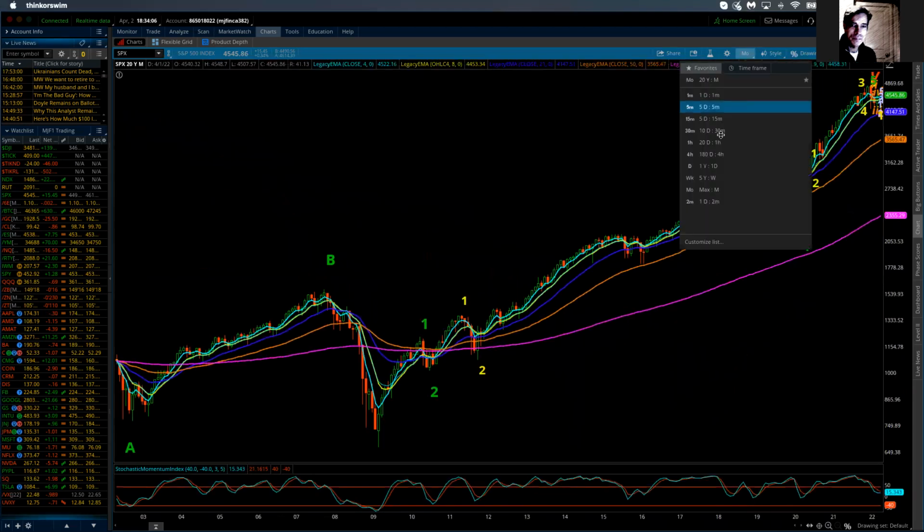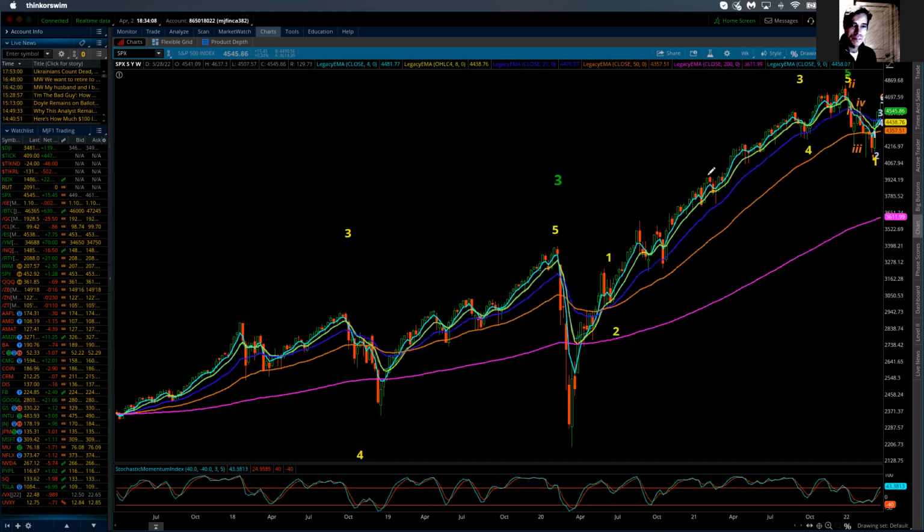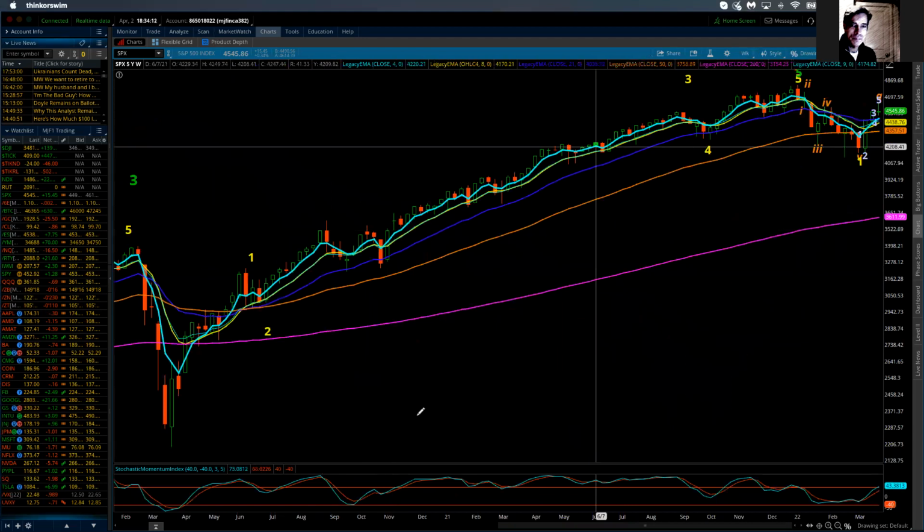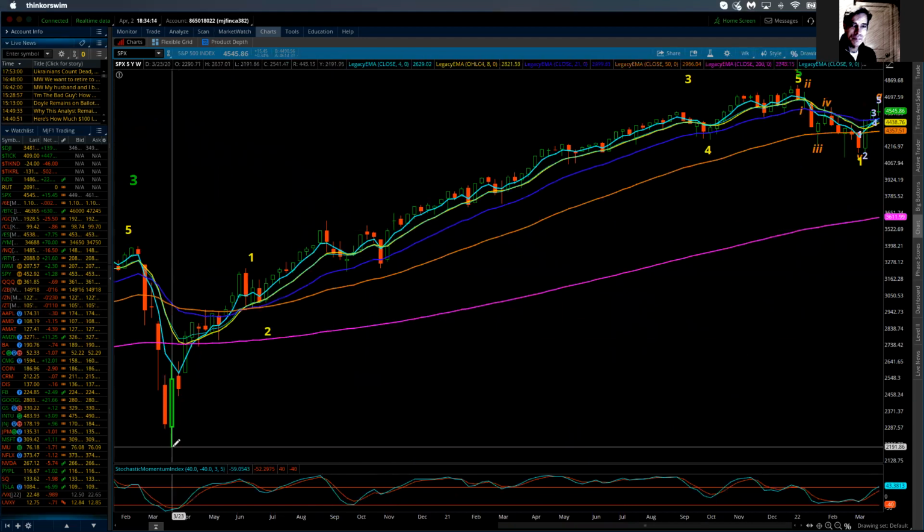And I'm going to go back to that weekly chart because it gives me a little bit more, and I can open it up and we can start to say that that is the low I think wave A will ultimately come to. And again, we're in the cash market.